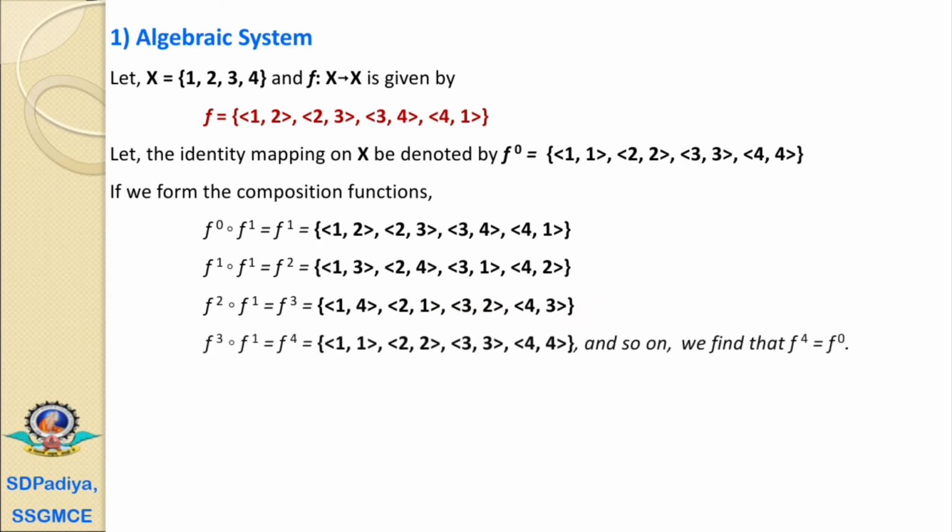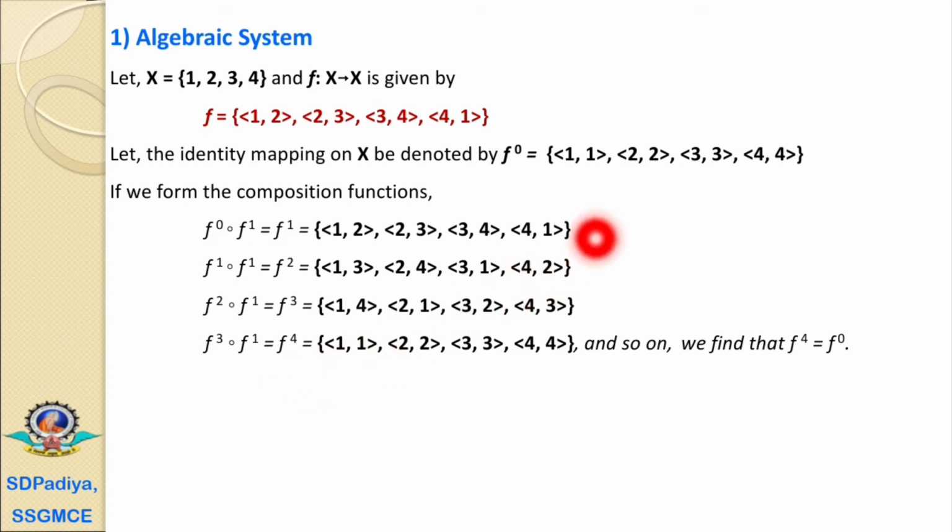If we form again the composition f raised to power 3 composed with f raised to power 1, that is equal to f raised to power 4, then it will be the set of (1,1), (2,2), (3,3) and (4,4) and so on. But if we find f raised to power 4, it is equal to f raised to power 0. You can check: f raised to power 4 is a set of (1,1), (2,2), (3,3), (4,4), and f raised to power 0 is also the set of (1,1), (2,2), (3,3), (4,4). That's why if we solve it again and find f raised to power 5, then